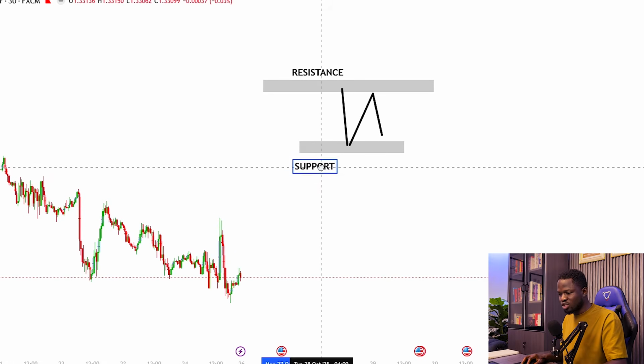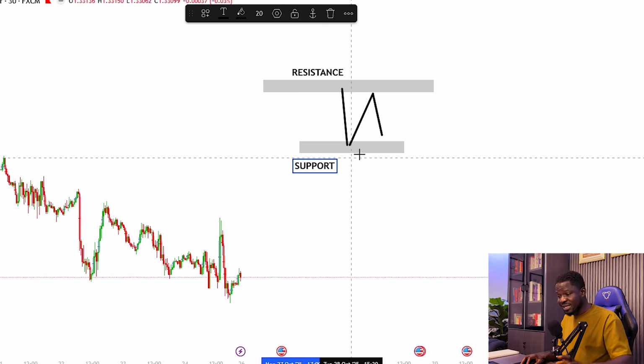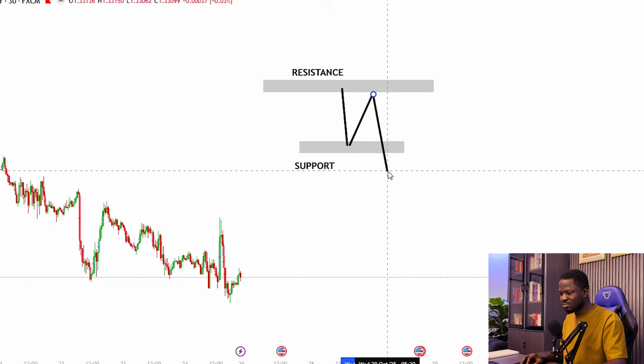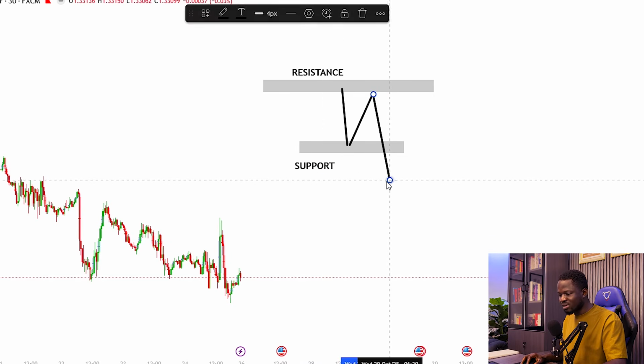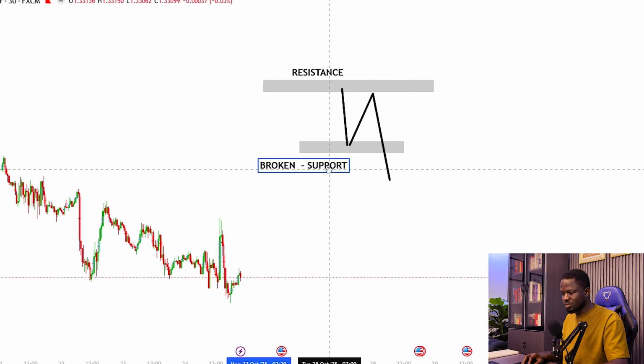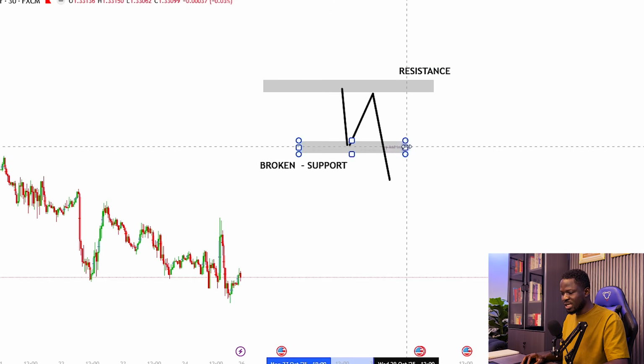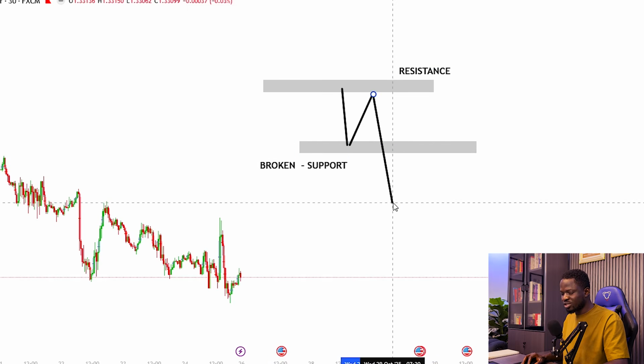The reason why it is called support is because price is yet to invalidate it. So if the price action breaks the support to the downside, it is no longer support. You call it broken support. Why displays resistance? And then if the price action